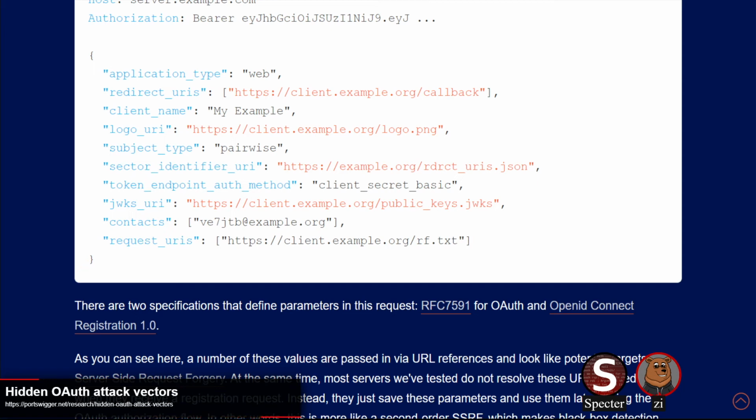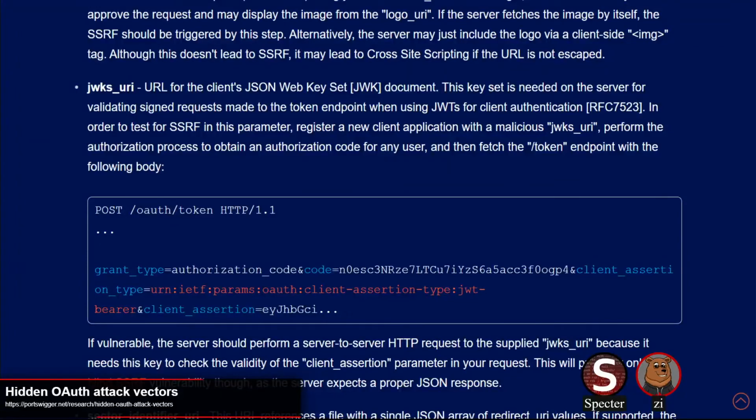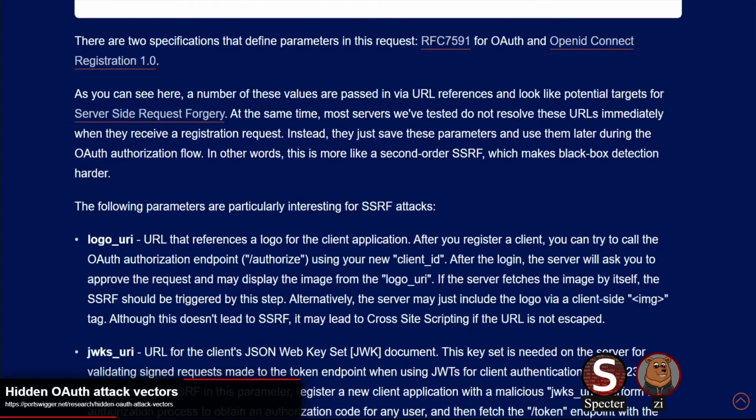So it includes things like the appropriate redirect URIs, the logo URI, client name as you'd expect there, JWKS URI, so that's a JSON web key set, being the key so they can actually validate if something's signed or not. Basically, there are a bunch of URLs in there, so Spectre was about to say server-side request forgery is kind of an option there because it needs to make the request to some of those URLs. It doesn't make it until you actually do a login in some cases.